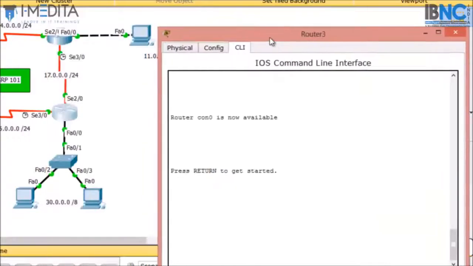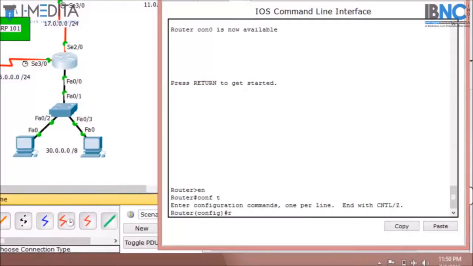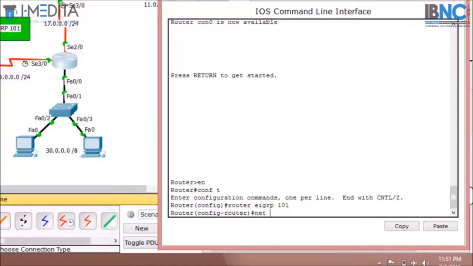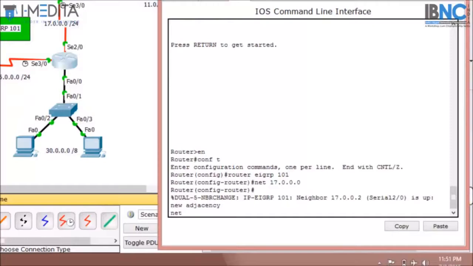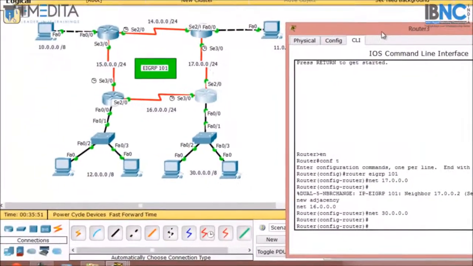Similarly, I will configure router 3: enable, configure terminal, then router eigrp 101, then network 17.0.0.0, then network 16.0.0.0, then again network 30.0.0.0 with the wildcard 0.0.0.0.